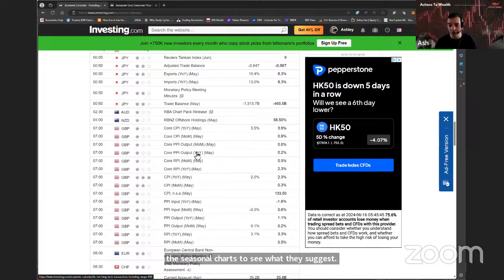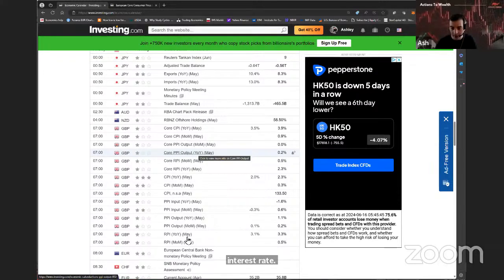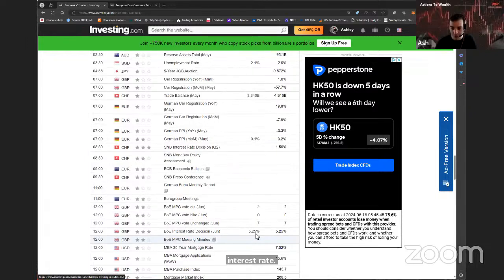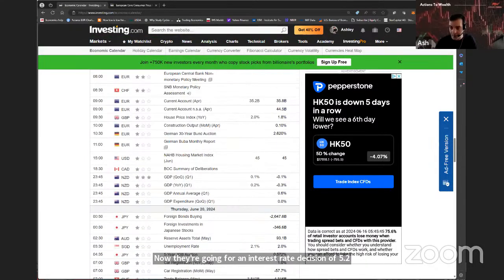So only a few days later, we get core CPI and CPI from the UK, and then the day later we get an interest rate decision from the UK. Now they're going for an interest rate decision of 5.25%. Now, if we look at these inflation numbers,